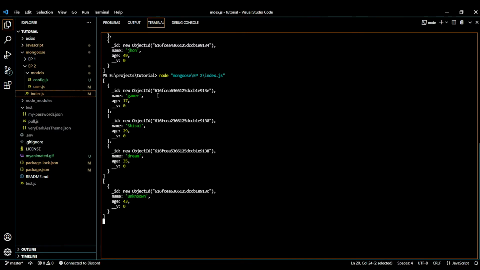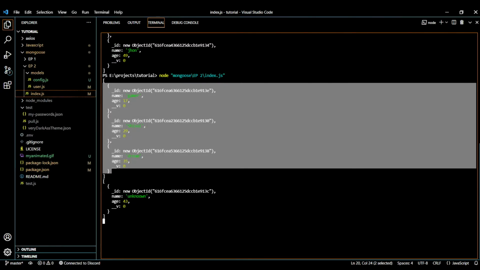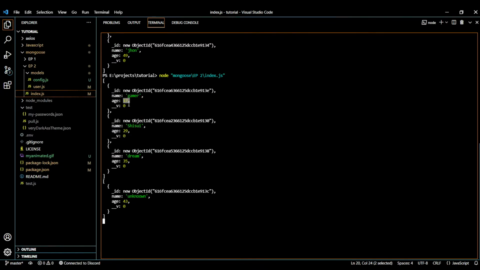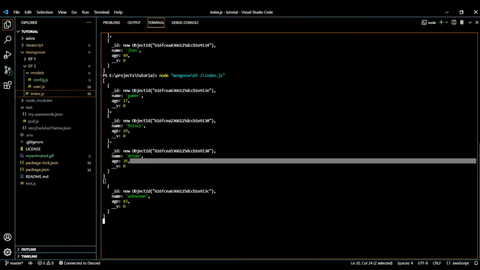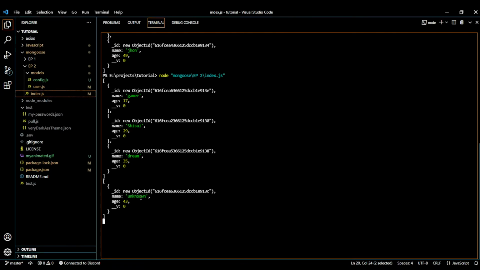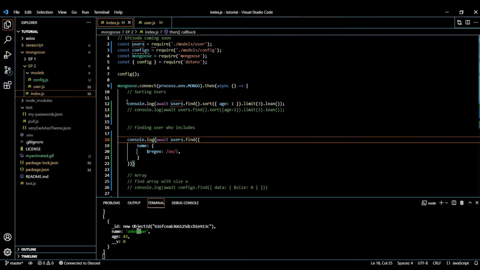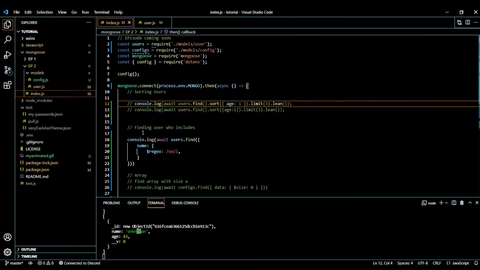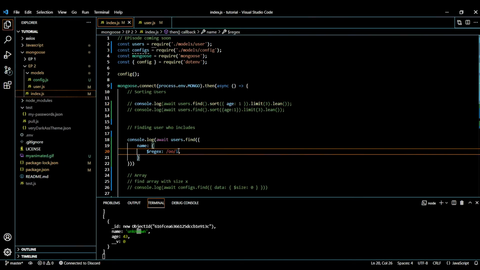So you can see it returned us a lot of stuff. First of all, this is the ascending order thing: 17, then 29, then 35, and then we have the regex thing. You can see it has OO inside. That's why it returned the unknown thing. Let me comment this, and now let's do a cool thing.